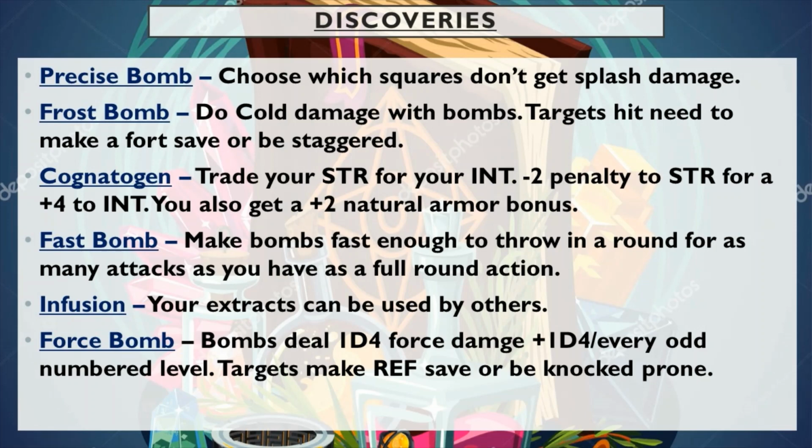And when you hit with this, targets have to make a reflex save or be knocked prone. And having them knocked prone is really useful because you're denying a lot of their dexterity bonus. They're not really going to be able to make a whole lot in the way of reflex saves, so you're going to make them incredibly vulnerable. But moving on from there,